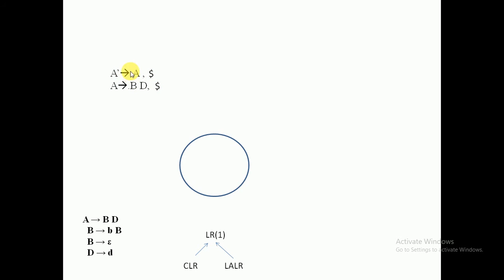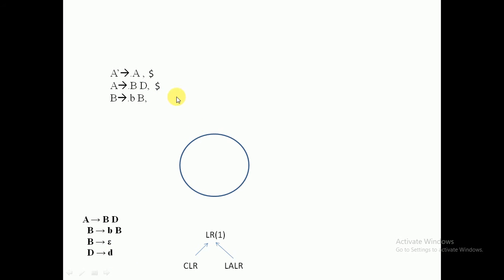Then you go to the next production, with the dot again in front of the non-terminal capital B, so you have to write the closures of it. How many closures are there? There are two productions derived by B, so you write the two productions. After you take one closure, what is the lookahead of this B? The lookahead is what is the next character after this symbol. What is the next character? Capital D. You replace this capital D by small d, its production. So after replacing, the lookahead of B becomes small d. You replace this d by its production.